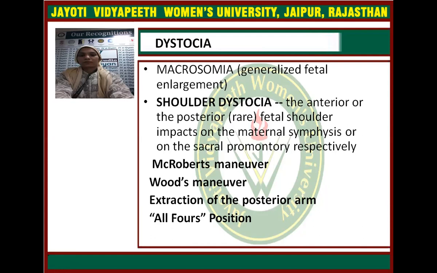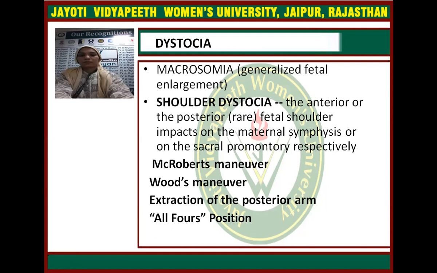Prevention of shoulder dystocia is generally not possible, even with antenatal ultrasonographic assessment, but we have to look for the risk factors. Diagnosis of shoulder dystocia is by recoiling of the head back against the perineum. This is called the turtleneck sign. There is inadequate spontaneous restitution, the fetal face becomes plethoric, and the shoulders fail to descend. Failure of shoulders to descend is the main sign for the diagnosis.